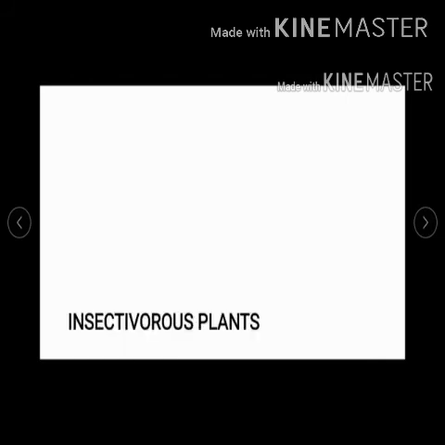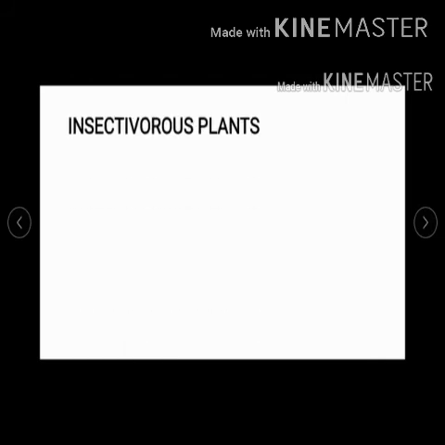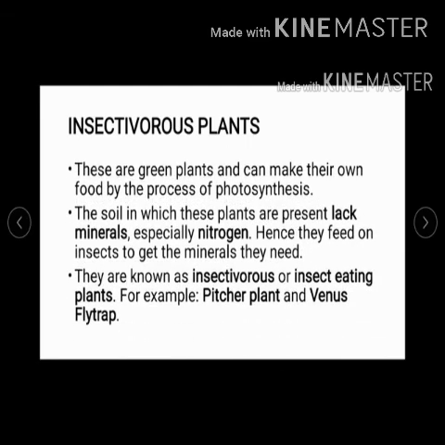Now, what is the next category? The next category we have is insectivorous plants. So what are these insectivorous plants? Why are we calling them insectivorous? Because these are insect eating plants. Yes, these are insect eating plants. These plants are going to have insects as their food. For example, pitcher plant and Venus